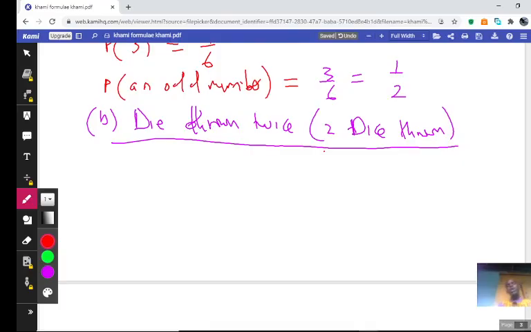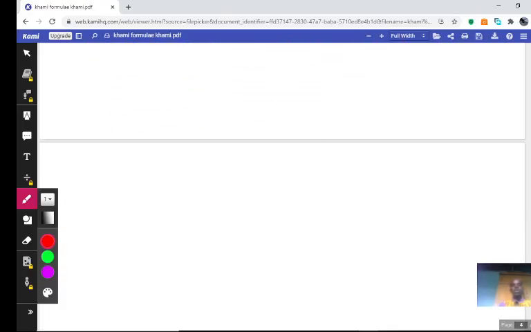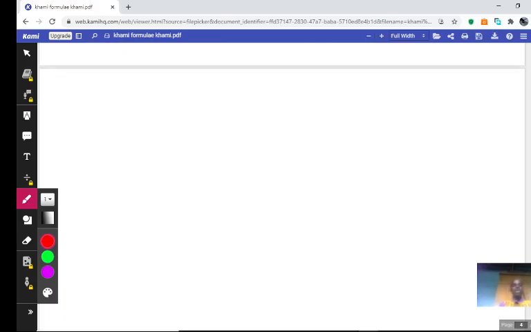How many possible outcomes will be here? It now depends, because there are different outcomes. It's either we want the total of the scores or the sum of the scores, or we can want the product of the scores, or the difference of the scores. So it depends on what is being asked in the question. In this example, let's work with the sum of the scores. On that one, you draw what is known as the probability space diagram. How can you draw it? You draw it like this.